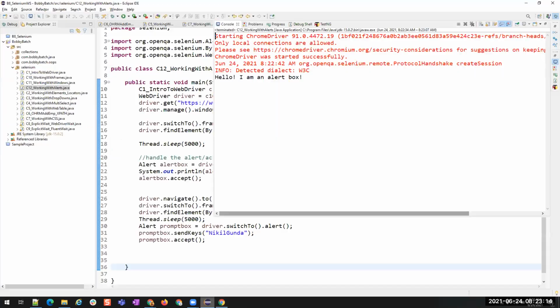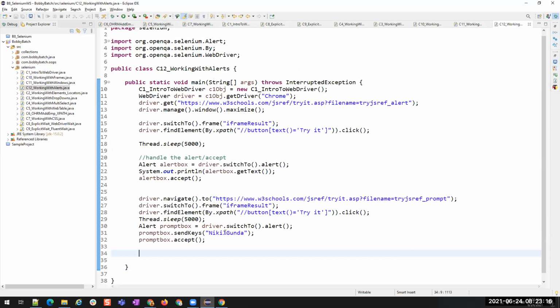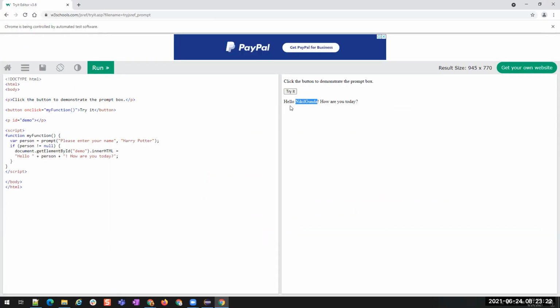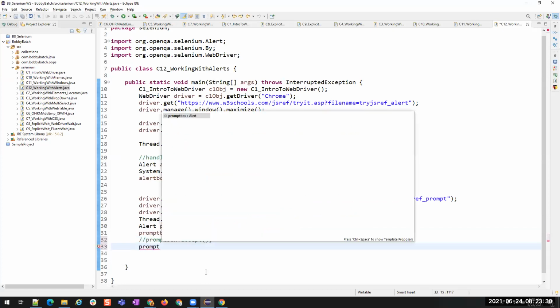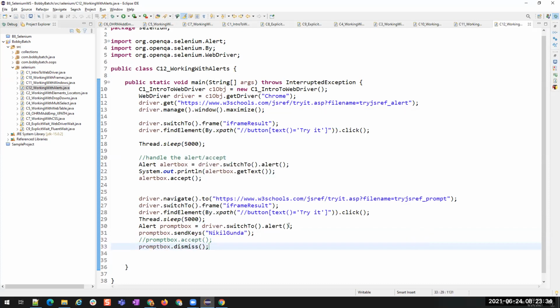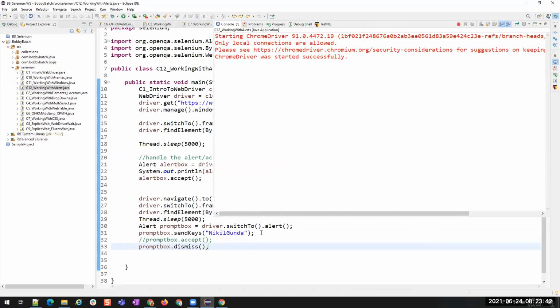Right? So you can send keys. You can enter text into an alert box using the send keys method. Like this, it will send the text. And then if you click on accept, the text is being displayed here. Now I don't want to accept it. I want to cancel the prompt box. I don't want to work on the prompt box. So what I'm going to do is use this dismiss. Now see it. When I run it, you won't see my name. It will enter my name, but you won't see my name on the page because the prompt box is dismissed.